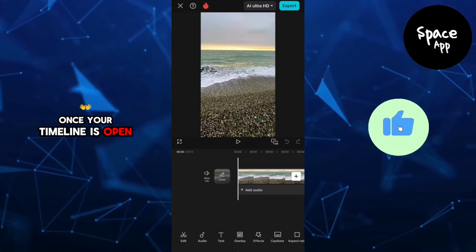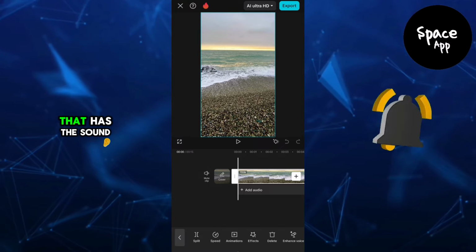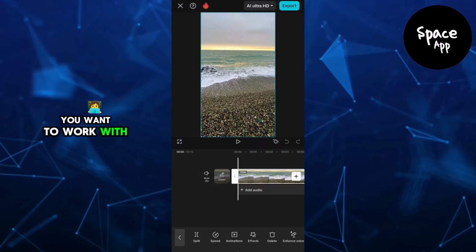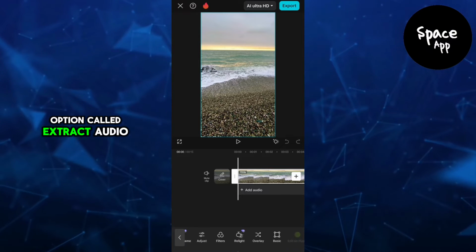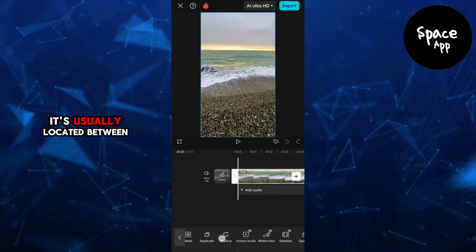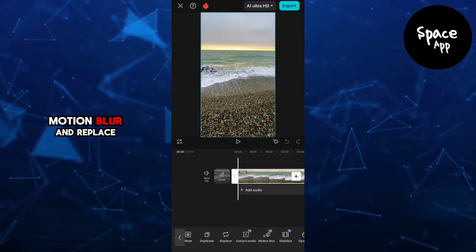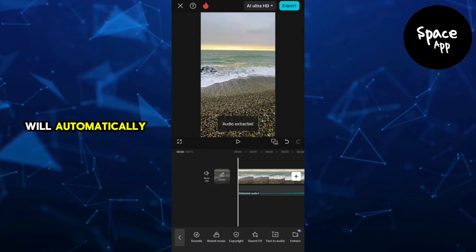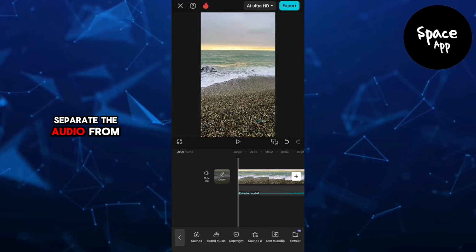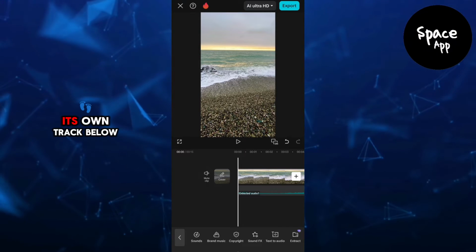Once your timeline is open, tap on the video clip that has the sound you want to work with. Now swipe through the bottom menu until you see an option called Extract Audio. It's usually located between Motion Blur and Replace. Tap on it, and CapCut will automatically separate the audio from the video and place it on its own track